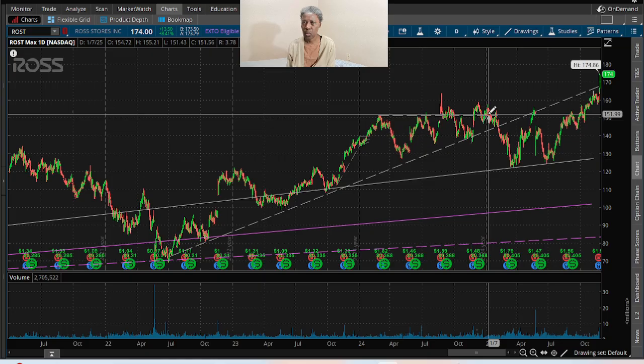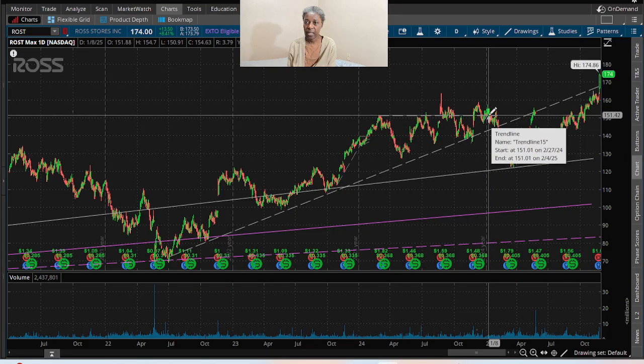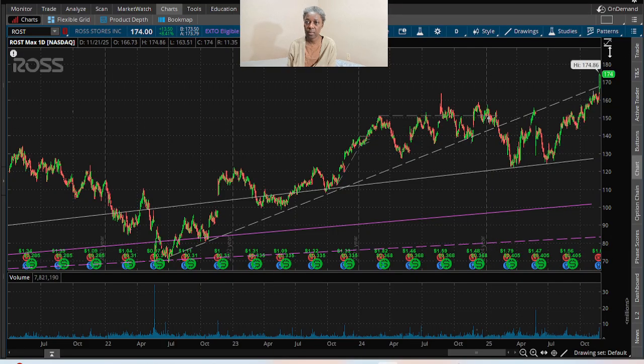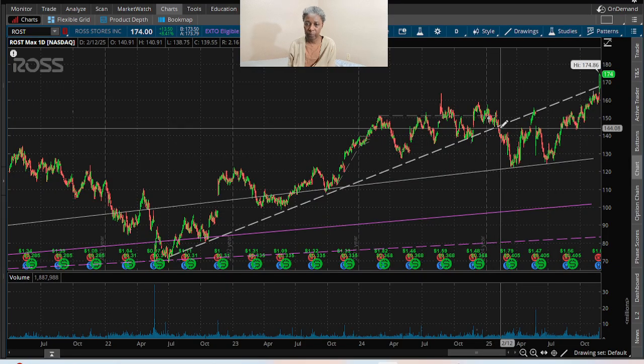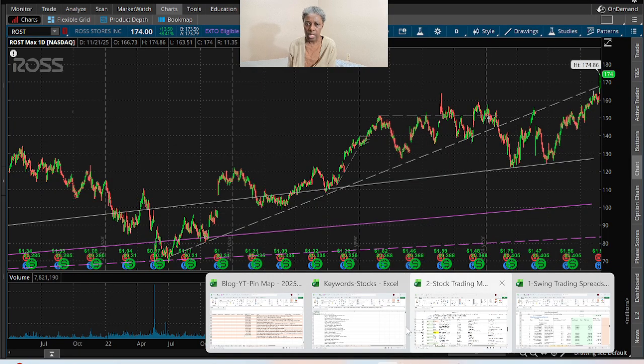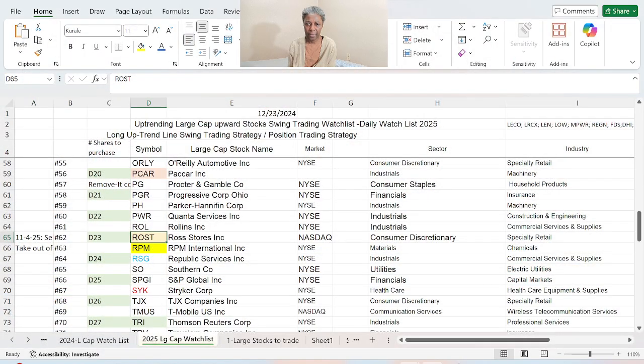And let's see, when I put my mouse here, because we have the date on the x-axis from the past to the present, and the price from 0 up on the y-axis, you can see the corresponding price versus where the price is right now. We can check the spreadsheet to really see if we bought it and the amount we paid for it. So the next one we can analyze